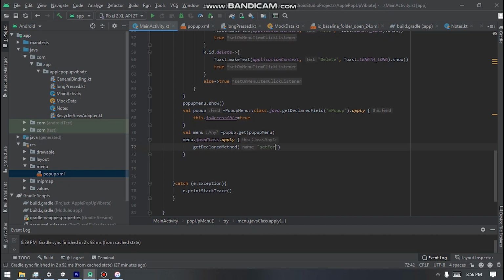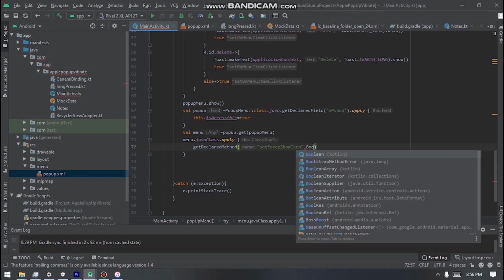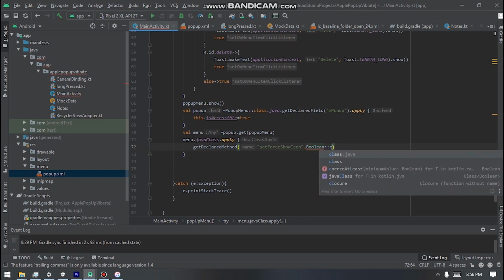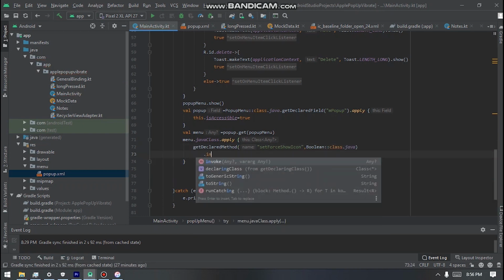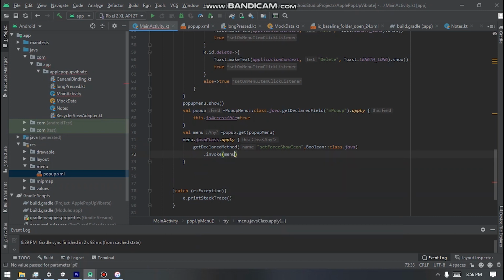Over here, we are forcing set force show icon. Likewise, if you make a mistake over here too with the spelling of set force show icon, your pop-up menu won't work. Class dot java,